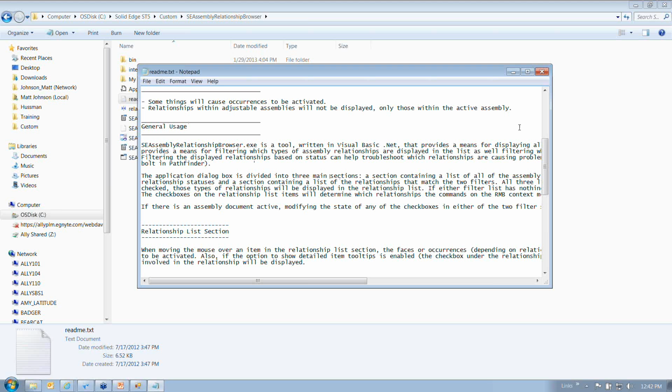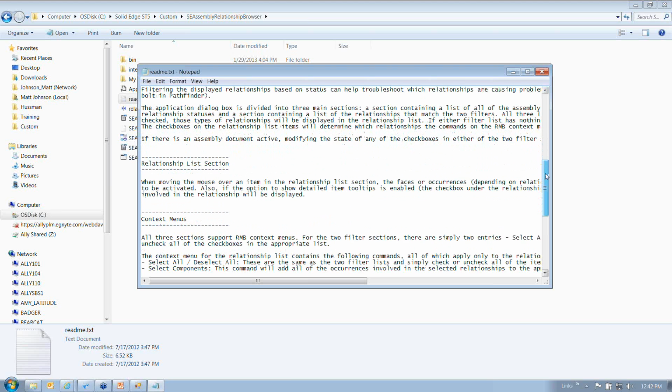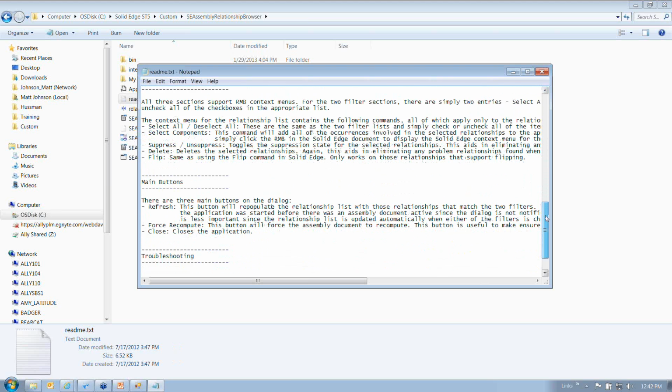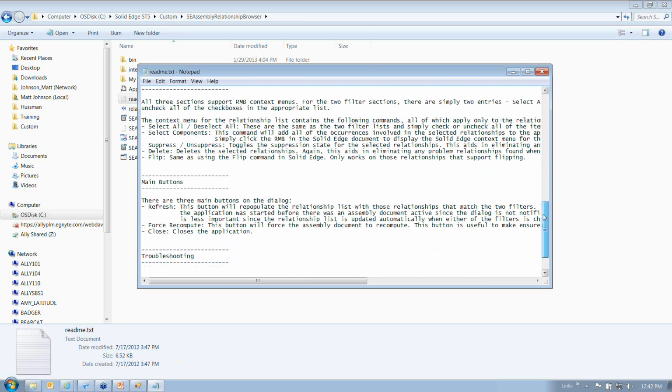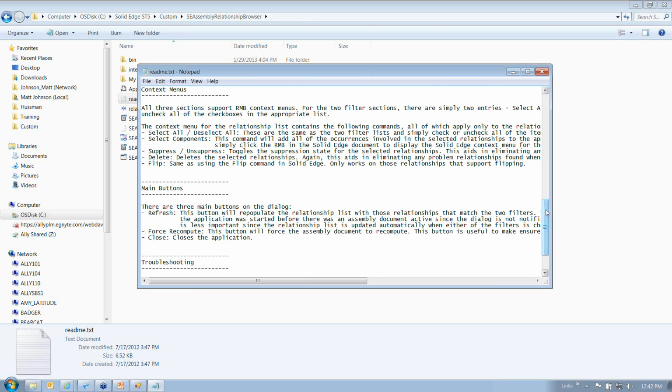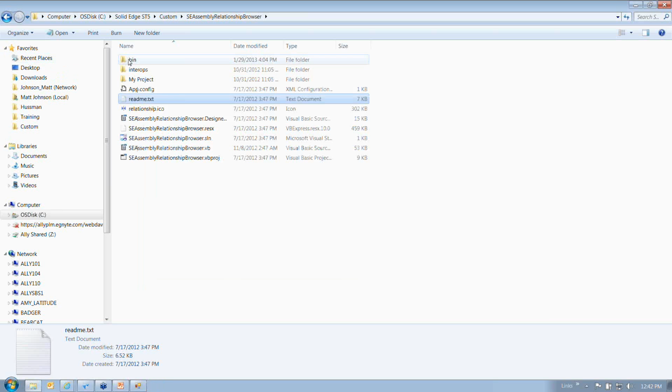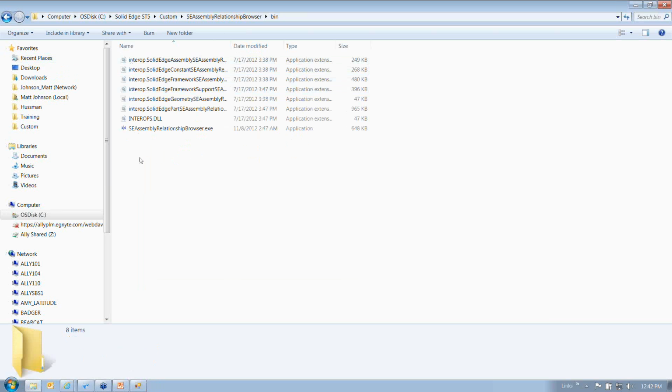It's going to tell us the general usage, and it's going to also give us a couple warnings down here that tell us that some of these options will activate parts. So you need to know what it's doing, and in order to check different relationships, it's going to make parts active to do that. So we'll just fire this customization up